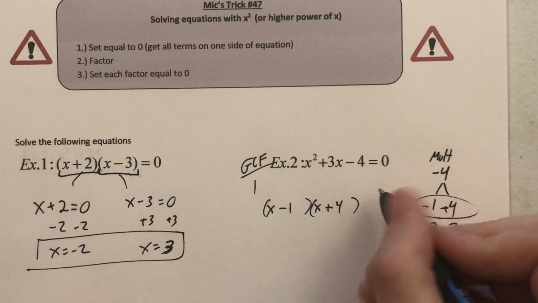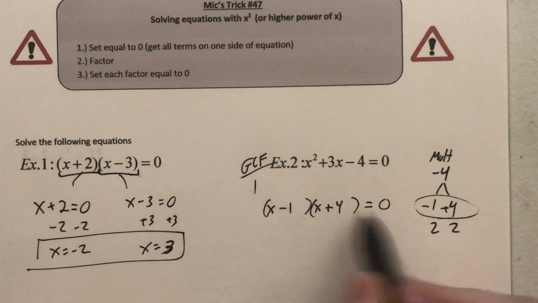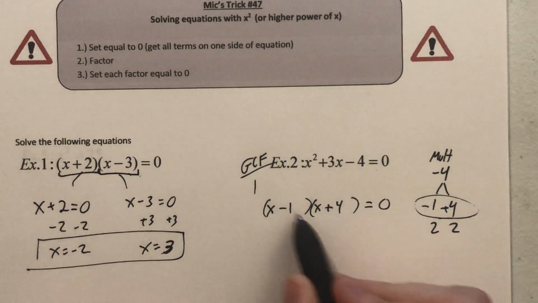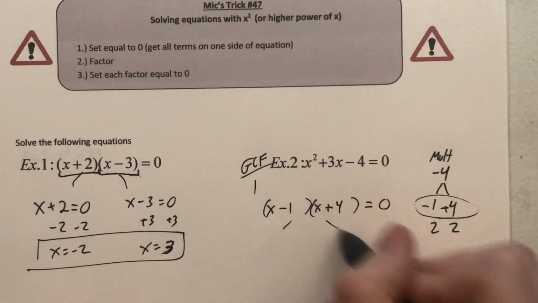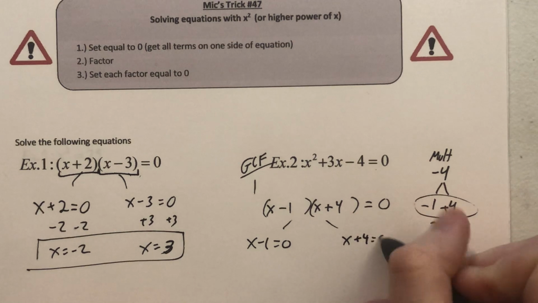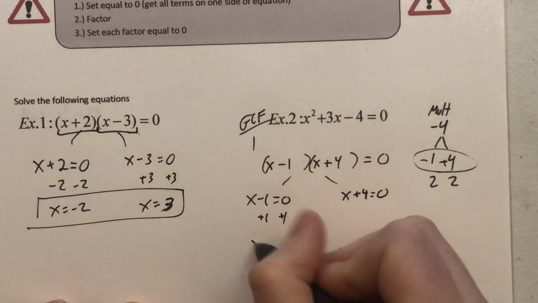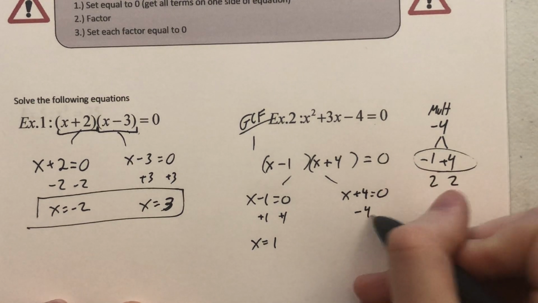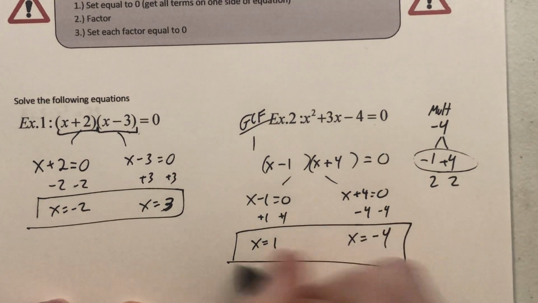Now, don't forget to bring down the equals 0, right? That's what we just did. We factored the left side. It's equal to 0. But now we're back to here. Now we can say if this times this is 0, then either x minus 1 equals 0 or x plus 4 equals 0. And so again, one step gets me that 1, one step gets me that -4,